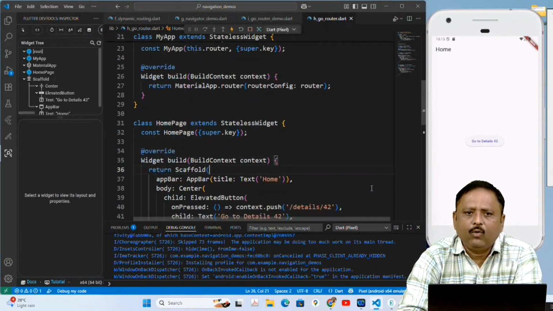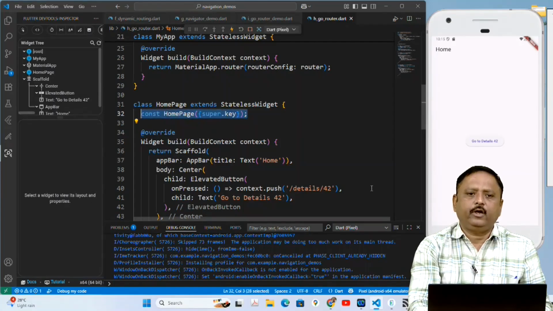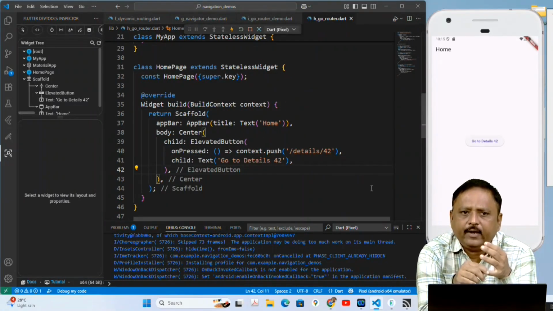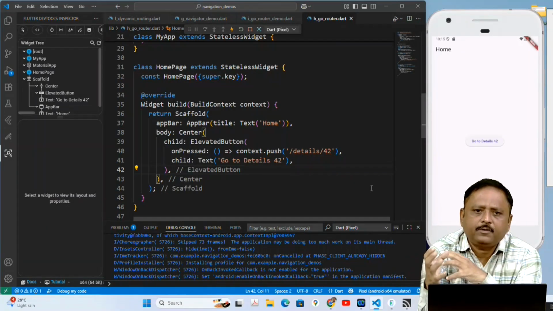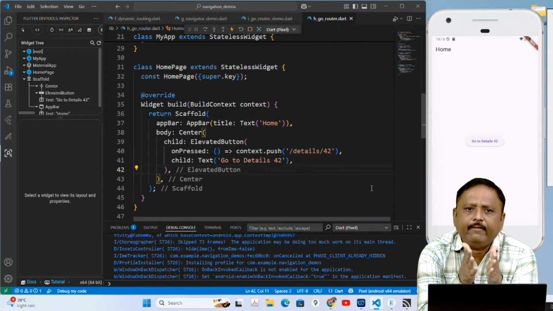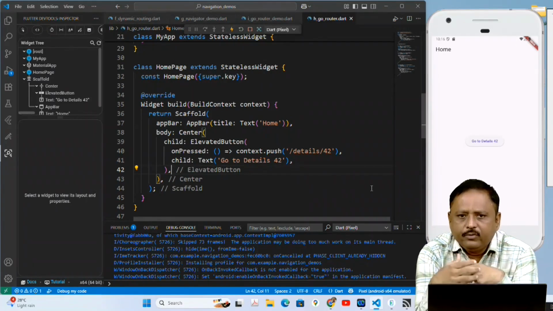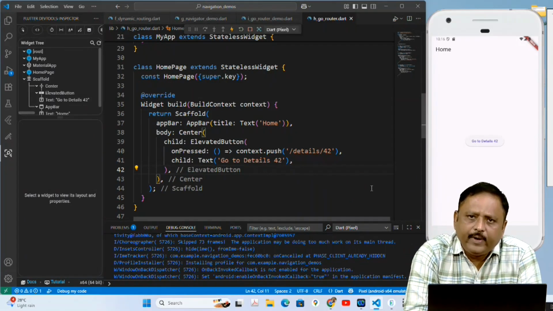Now this is my home page, which extends StatelessWidget. This is a constructor, and inside that we override the build method, which returns Scaffold. Inside the app bar I want to display Home, that you can see on the screen, and inside the body, in the center of the screen, I want to display one elevated button, and whenever that button is pressed, I want to go to the detail page and pass 42 as an argument to that page.